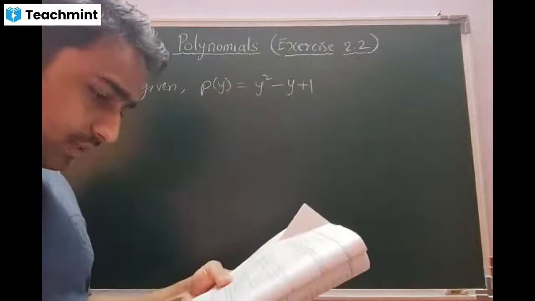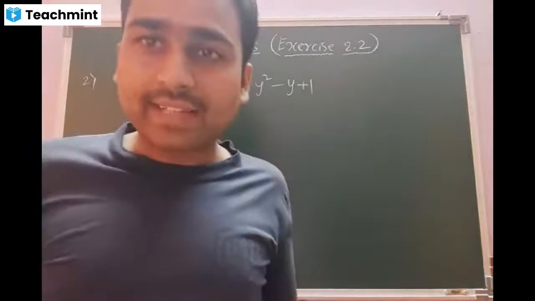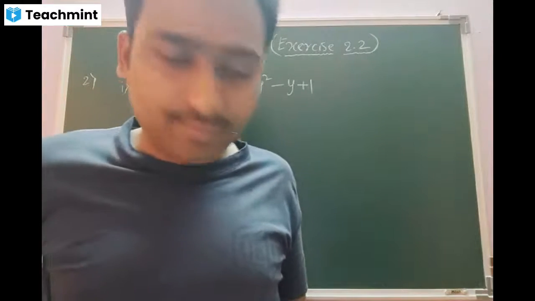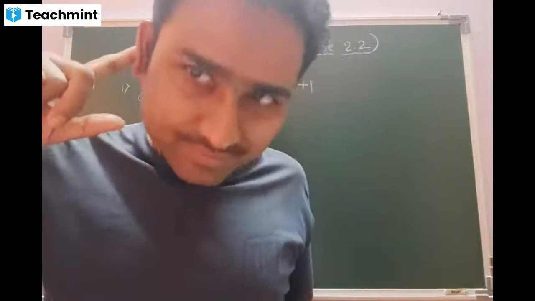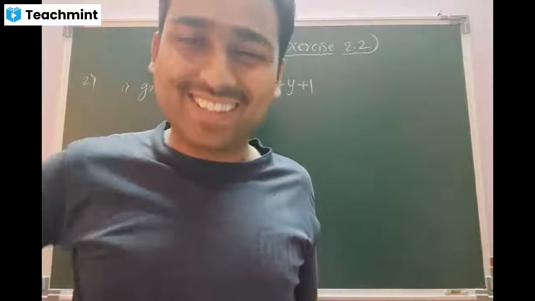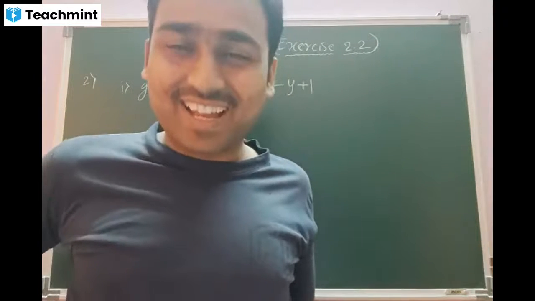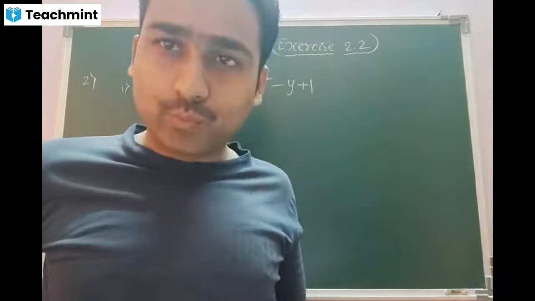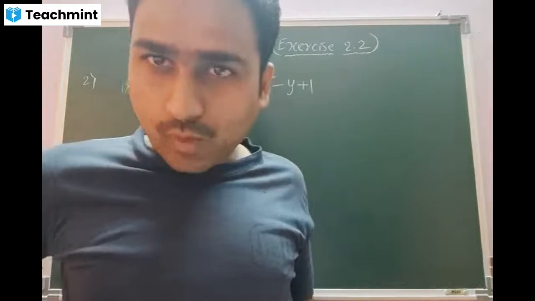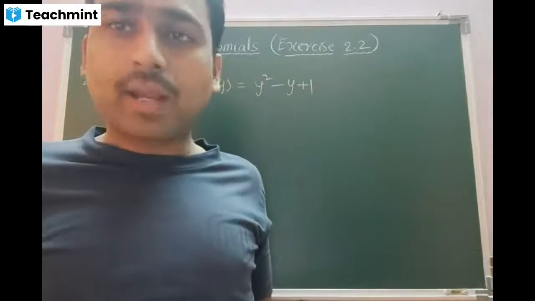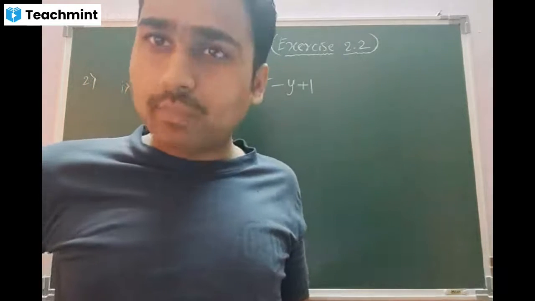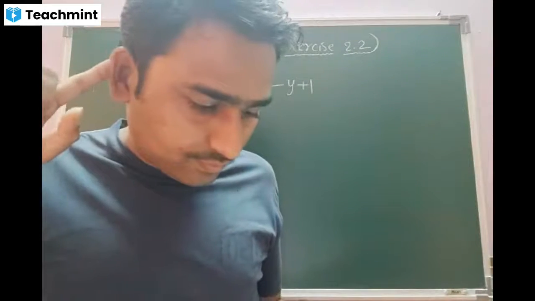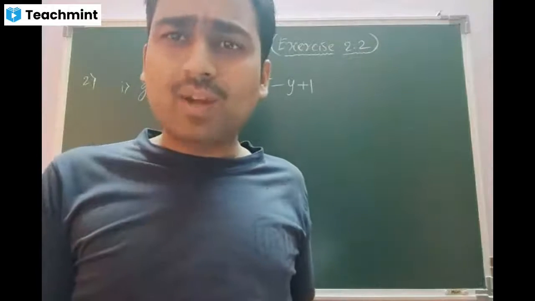Beta, look at this. Why did I ask her to read one more time? Can anybody tell, beta, why I asked her to repeat the question? Because she read P0 continuously. It is not P1, it is not P2. It is in brackets: P of 0, P of 1 and P of 2. And it is not Py, beta, it is P of y, a polynomial in the variable y. Is that clear? Yes, sir.